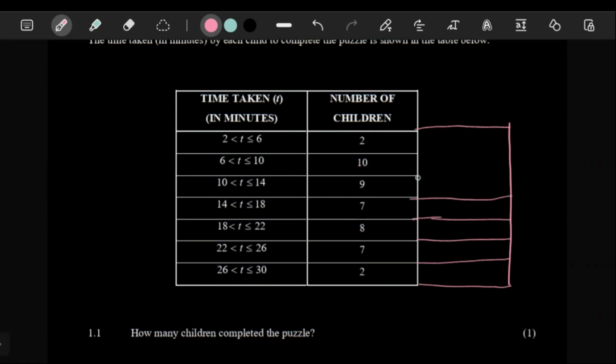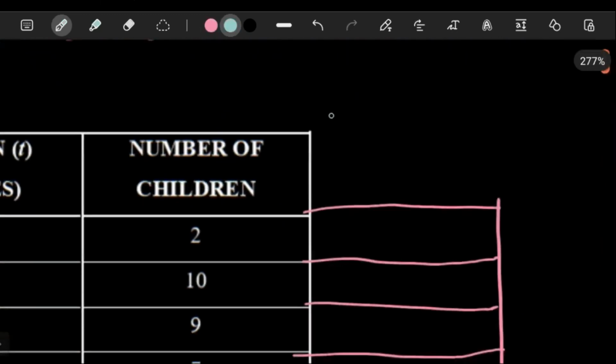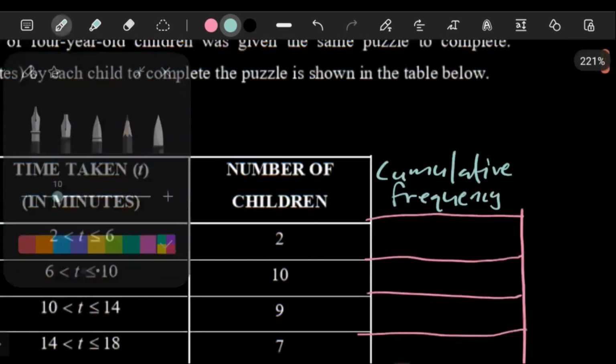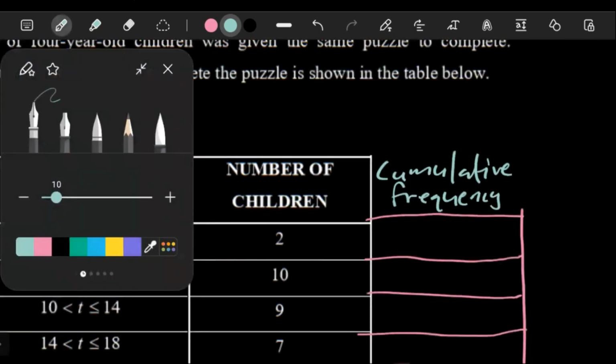But fortunately, on your answer sheet, you will have a table where you can add these. So in this column here, we're going to say cumulative frequency. So the cumulative frequency is basically a way for you to keep track of how the numbers will be